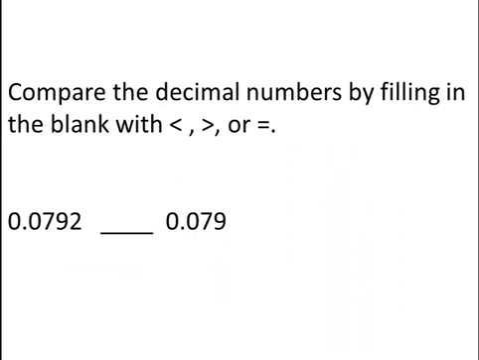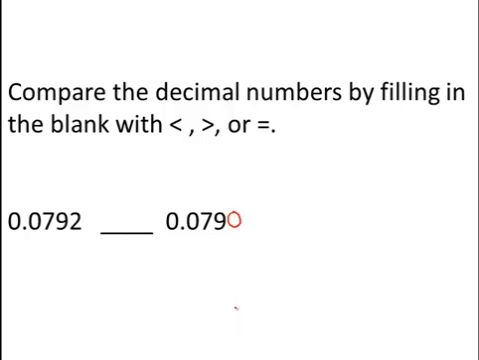Compare the decimal numbers by filling in the blank with less than, greater than, or equal to. On the left, we have the number 792 ten-thousandths. On the right, we have the number 79 thousandths. But which is greater? In order to compare, I'm going to add a 0 to this number on the right so that both numbers have 4 digits to the right of the decimal point. Remember that adding a 0 to the right of a decimal point at the end does not change the place